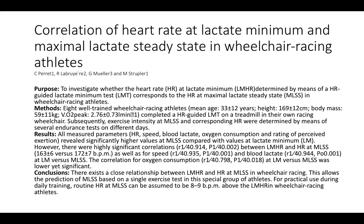The last study that I looked at was the heart rate and lactate minimum and maximal lactate steady state. This was done by C. Perret as well at this Swiss Paralympic Training Center. The purpose was to investigate whether heart rate and lactate minimum have a relationship. 8 athletes were tested in this, and the conclusion was that there exists a close relationship between heart rate and